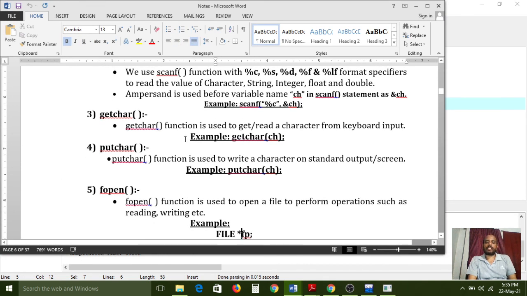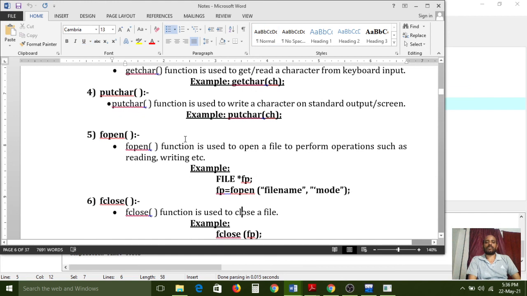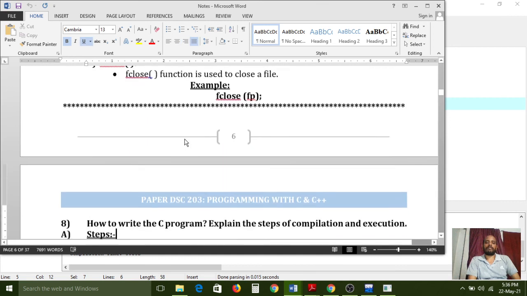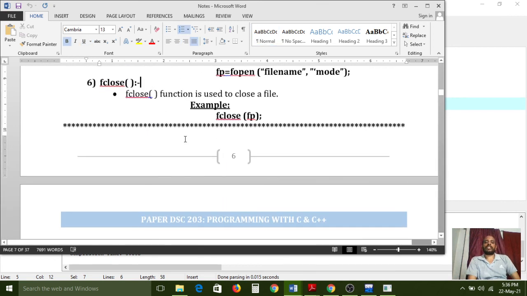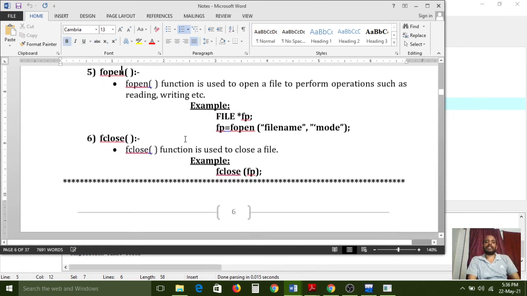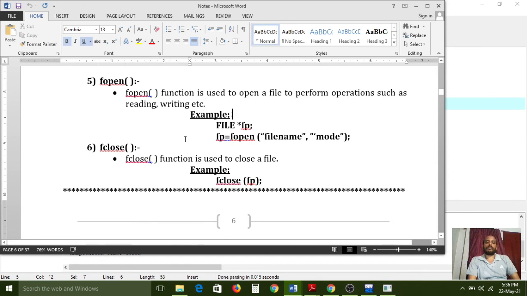These two functions are also available in the standard input output header file, stdio.h. And fopen and fclose are the same. The fopen function is used to open a file to perform operations such as reading and writing. After that, we need to close it with the fclose function. Fopen means file opening and fclose means file closing.